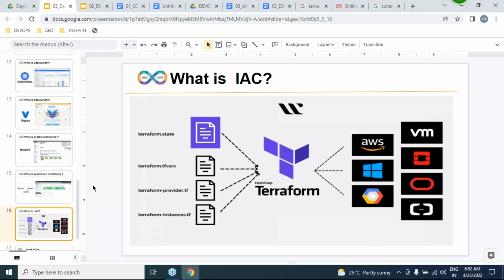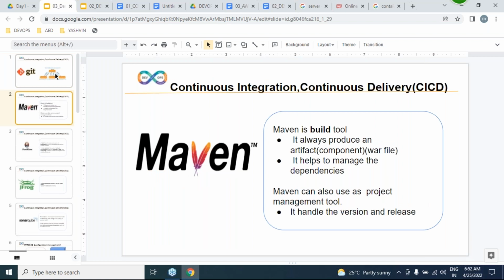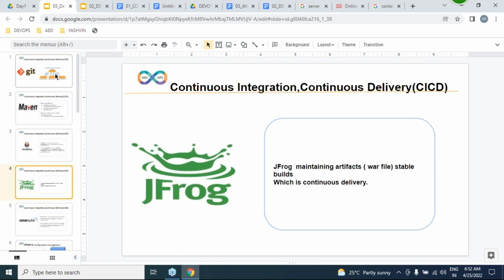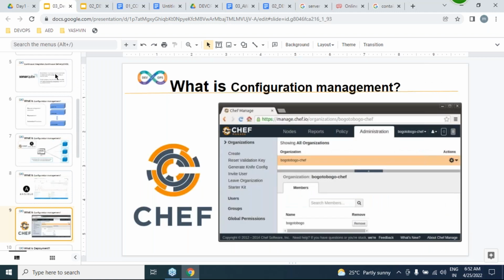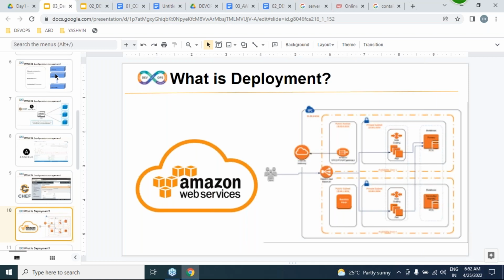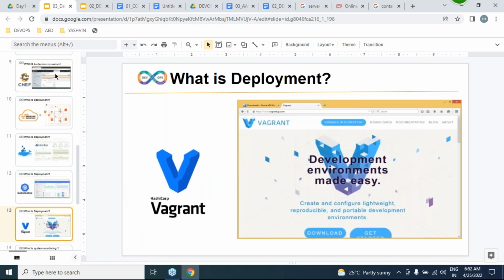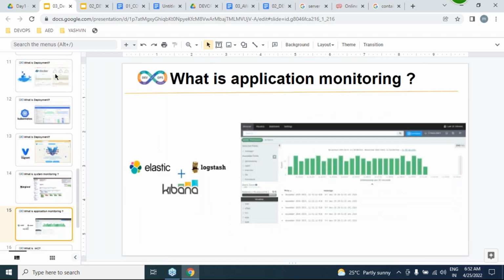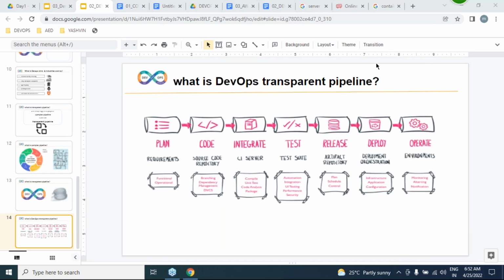So with the help of all these tools like Git, Maven, Jenkins, JFrog, SonarQube, Ansible, Chef, AWS, Docker, Kubernetes, Vagrant, Nagios, ELK, and Terraform, we can easily implement our DevOps as a transparent and automated process.